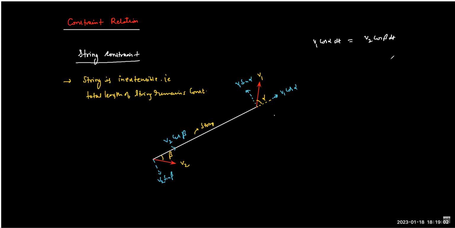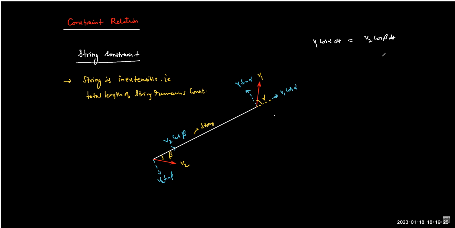How to keep the length constant? That's common sense. To keep the length constant, the factor by which it is trying to grow and the factor which is trying to shrink must compensate, because we can't change the total length. So that is called the constraint. And because we have a mathematical relation, we call it the constraint relation. So what is constraint relation?